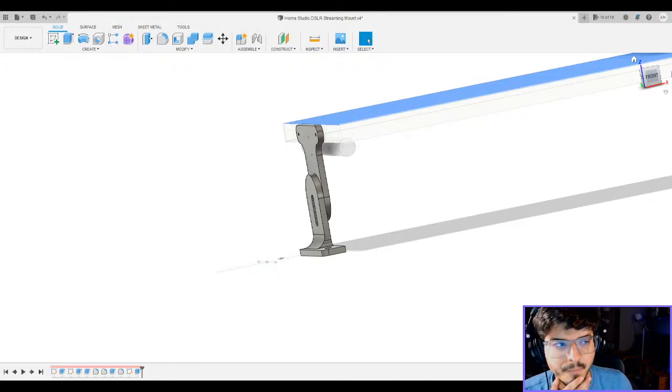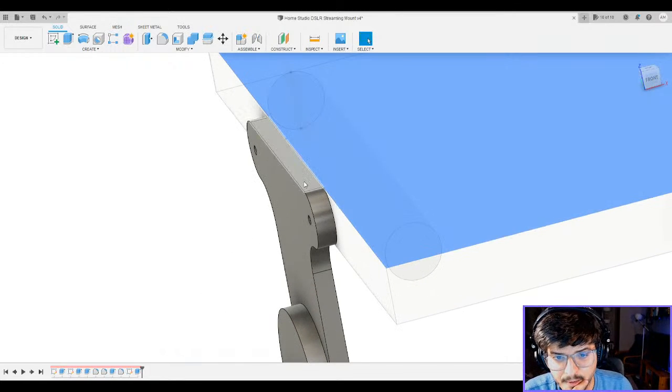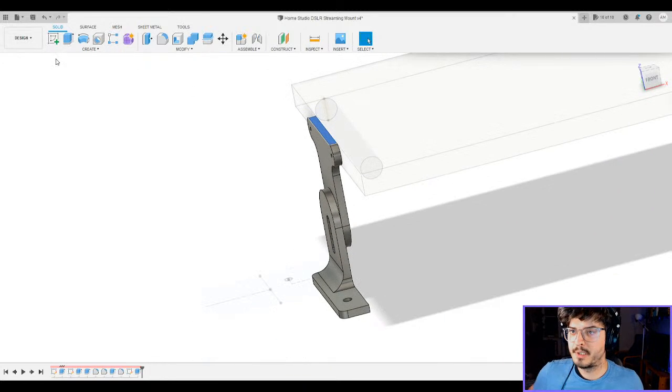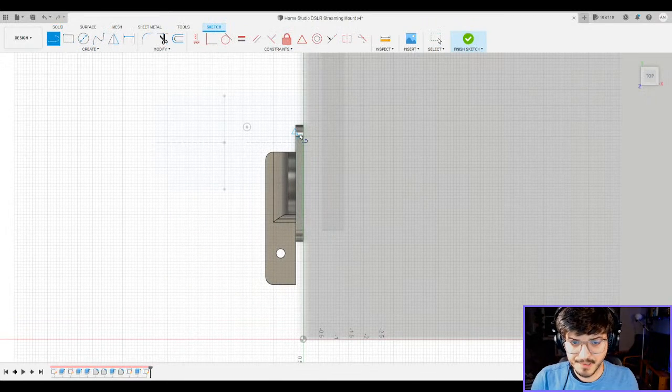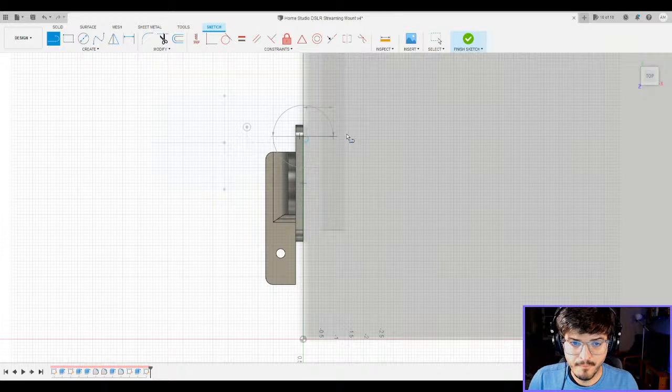I mean, you know what? It is what it is. I'm gonna have to just accept that. I'm gonna do another sketch on here. It's not a perfect design, but it's okay. It's gonna do what it needs to do. So I'm gonna do 1 inch over.